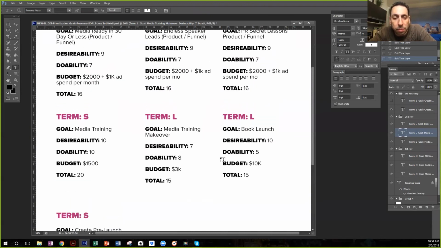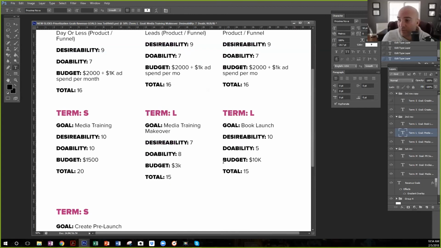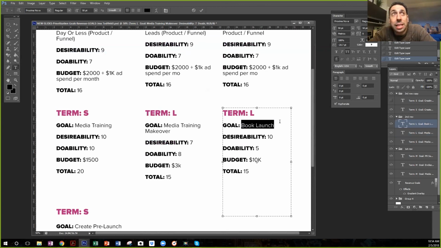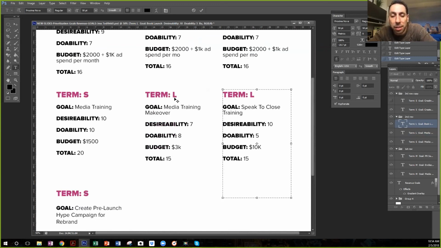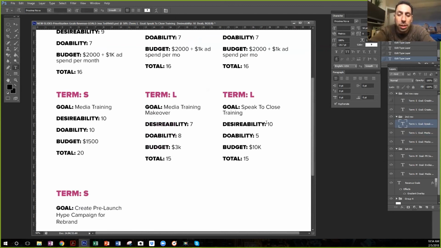Any other longer term? I would do one. So the sales presentation training is called Speak to Close training. Either way, sometimes they buy it as a speech, sometimes they buy it as a training. So if we're talking about putting more attention toward promoting that, maybe it would be a mail type program.